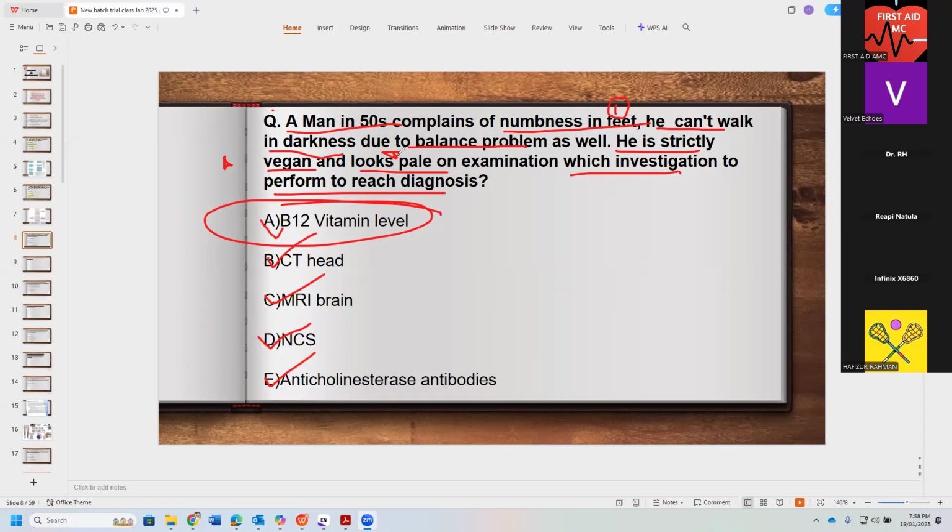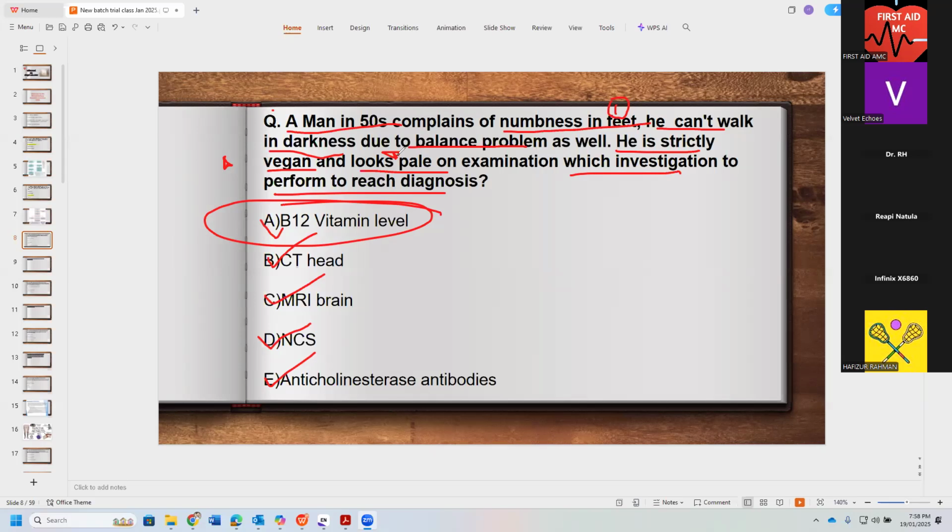and it hasn't resolved. Nerve conduction studies are done when there is isolated peripheral neuropathy. If it was just numbness in the feet associated with foot drop and the rest of the neurological examination was absolutely normal, then you would do nerve conduction studies. Or the patient is complaining of just weakness in one arm associated with numbness, then you would think there might be something wrong with the plexus, or some peripheral neuropathy going on.